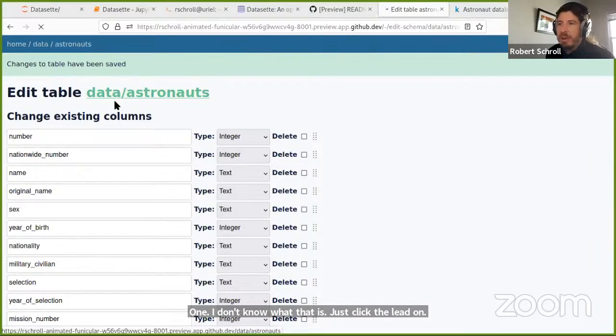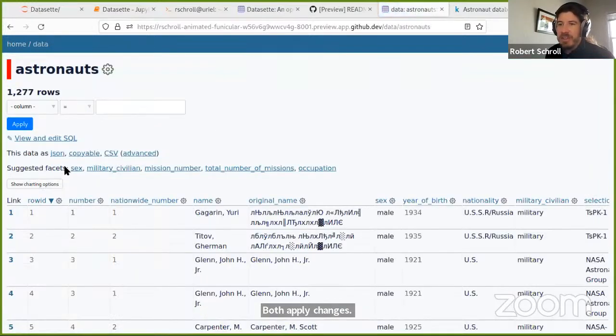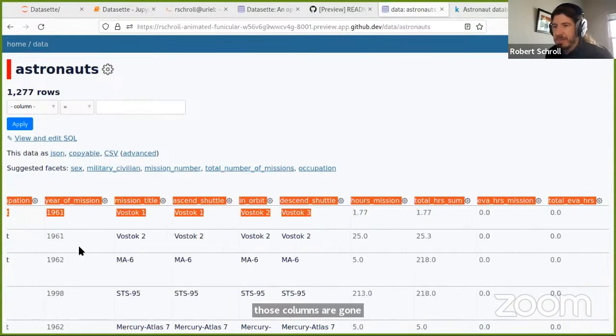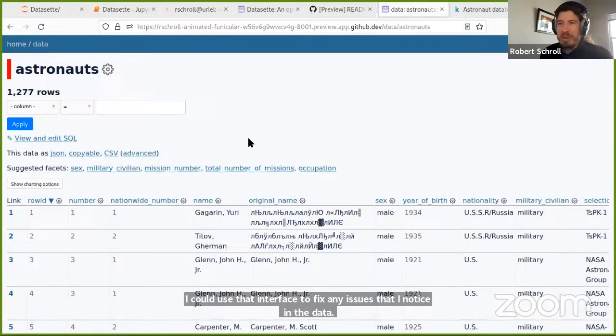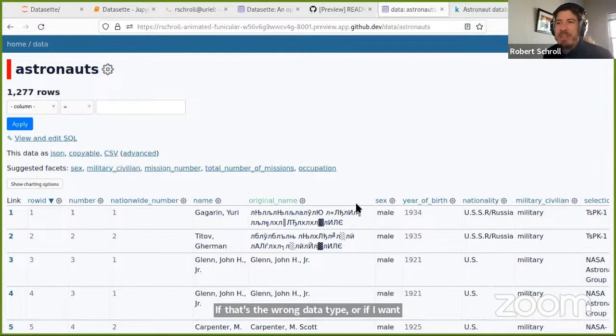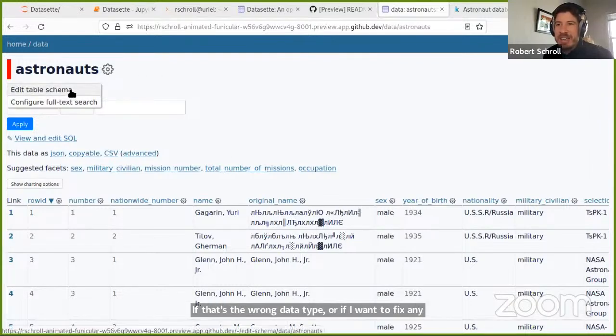And then if we go back to our astronauts table here, those columns are gone. And I could use that interface to fix any issues that I notice in the data. If that's the wrong data type, or if I want to fix any of the column names, I can do that through the edit table schema button just fine.